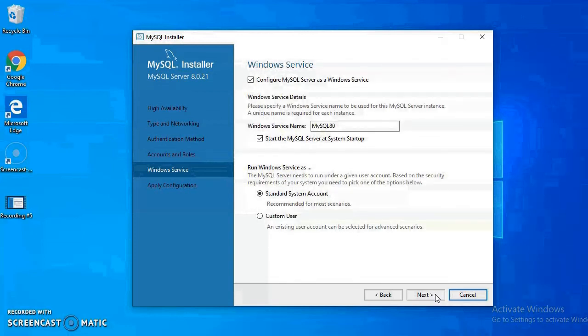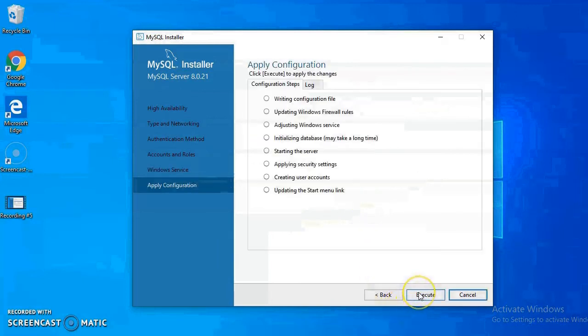Then the Windows Service window comes over here. We have to configure MySQL Server as a Windows Service. So we'll keep the default name for the Windows Service, MySQL80, and other things we keep the default itself, and click next. Then we have to apply these configurations. It will take some time.